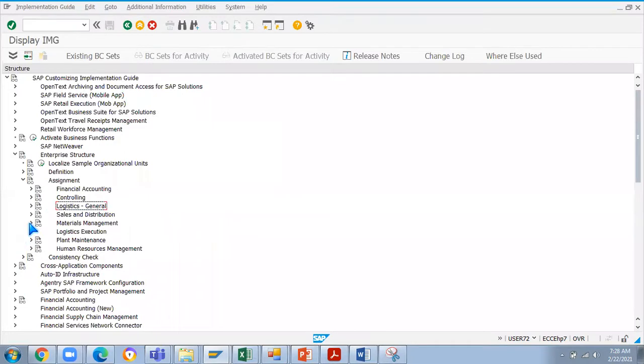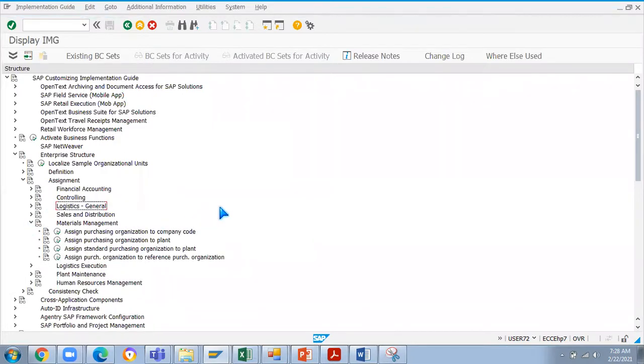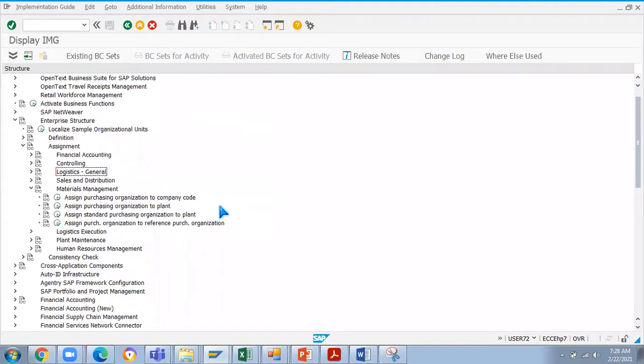Now I'm going to materials management. Here I should know which company code should be assigned to which purchase organization. Okay, I'll go inside this. At company code level, it's a company-specific purchase organization we are going to assign. And also we have to assign